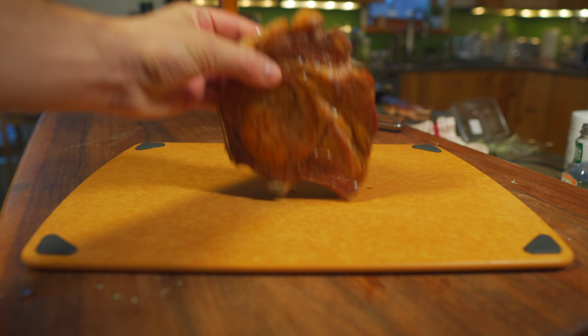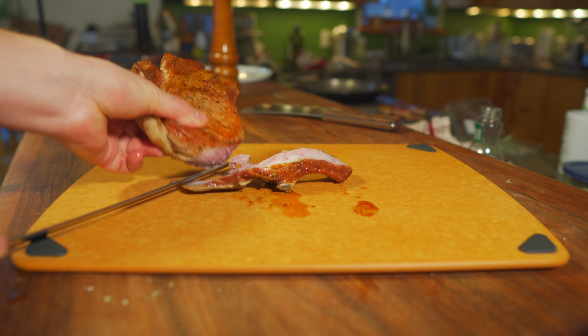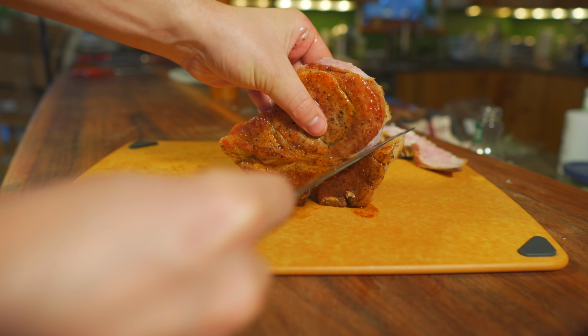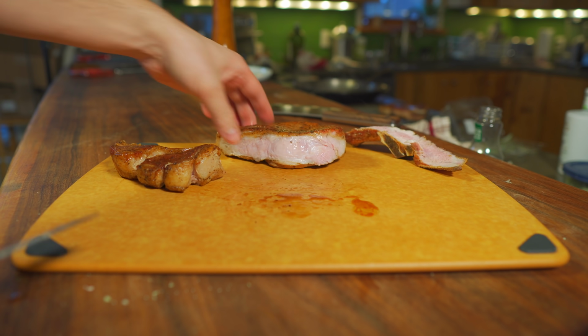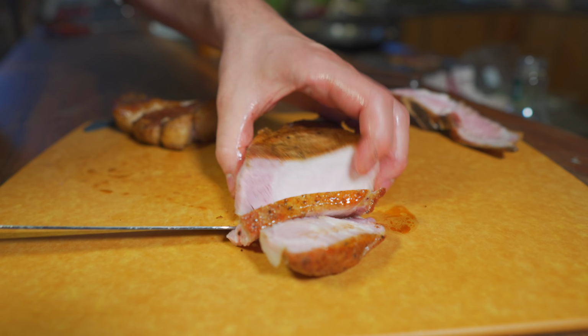Let's plate. Now to carve up these chops, we'll just first take off this bone, follow that all the way down to get this other bone. That's out. Now let's take off this cap piece. I can already tell it's gonna be perfect. Now we just slice it up. Oh man,